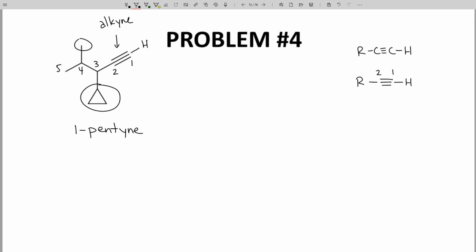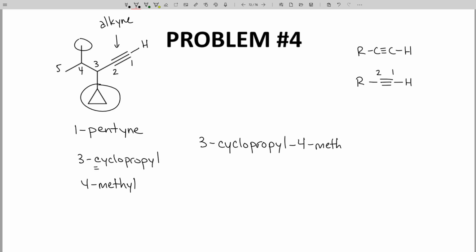We have 2 substituents. We have in the 3 position a cyclopropyl, and in the 4 position a methyl. Let's put this together. So we'll put the cyclopropyl first because alphabetically it comes first with the C. And remember, with the cyclos, we count the C, the cyclo, as part of the name. So we don't alphabetize cyclopropyl as a P, it's a C. And C comes before the M of methyl, and then